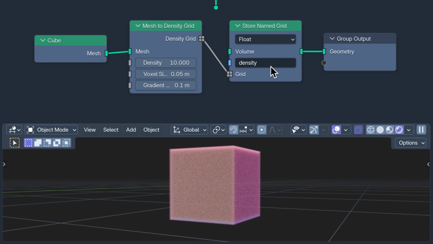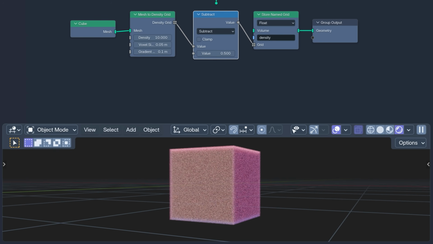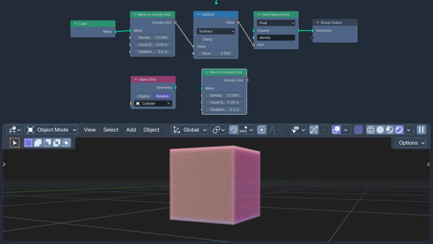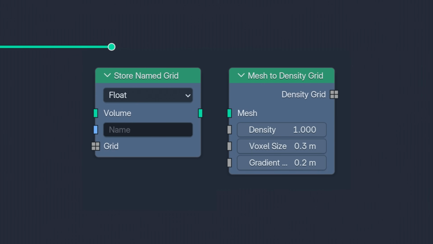Now, one of the things that makes this new grid system so powerful is that the values being stored are just primitive data, so they can be modified with standard math nodes, like subtracting the density of this cylinder from the density of the cube. The arrival of grids in Blender 5.0 means that geometry nodes can now harness volumetric data in almost limitless ways,